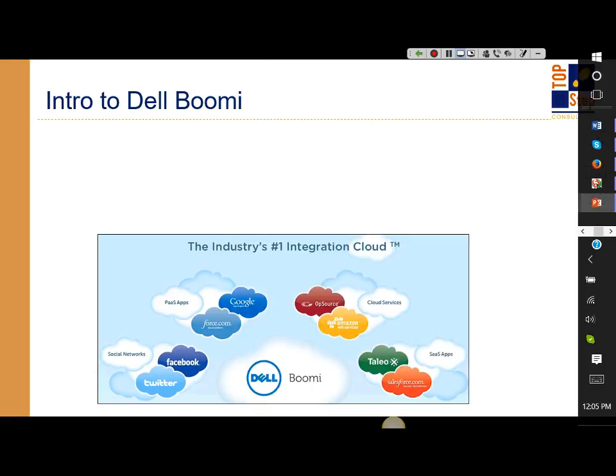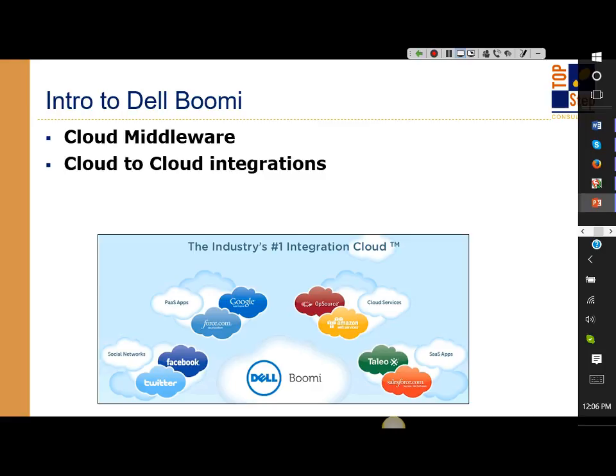Okay, let's talk about Dell Boomi. What is Dell Boomi? Think of Dell Boomi as a middleware that lives in the cloud. It's basically there to connect your systems. It can connect your one cloud system to another cloud system via the API connections. So this is where you get cloud-to-cloud integrations. In our example today, we're going to go Salesforce to OpenAir as 2 cloud-based systems that will be facilitated through